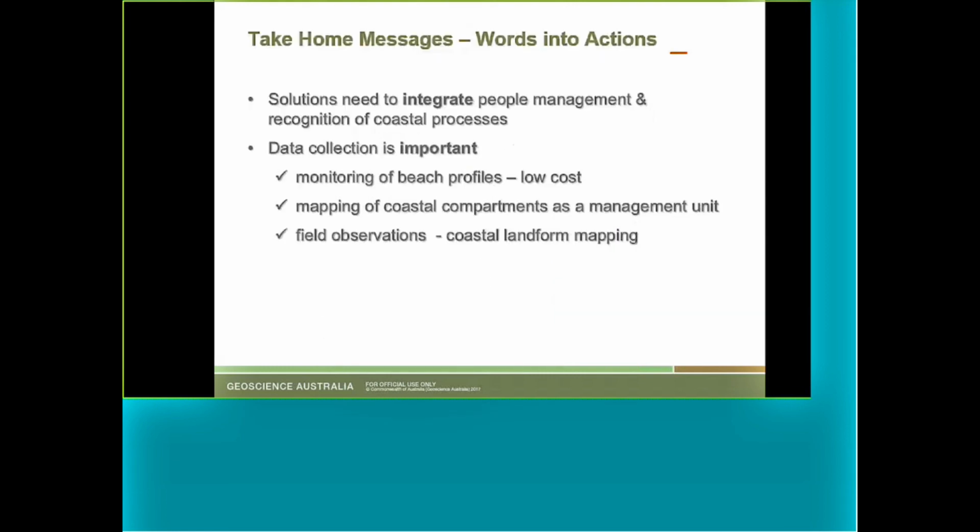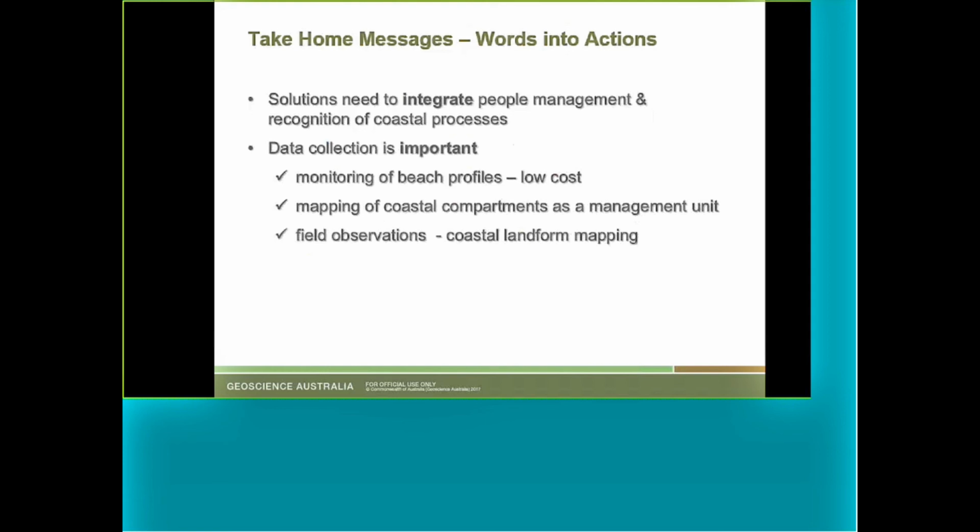So finally, my take-home messages in terms of putting words into actions regarding coastal erosion. The solutions, and the ones I've touched on today, it's important that they integrate and consider both the management of human actions, people management, and that recognition of what I call the coastal process, which I've touched on through this presentation. And the second key point, data collection is critical, very important to developing the appropriate response to an